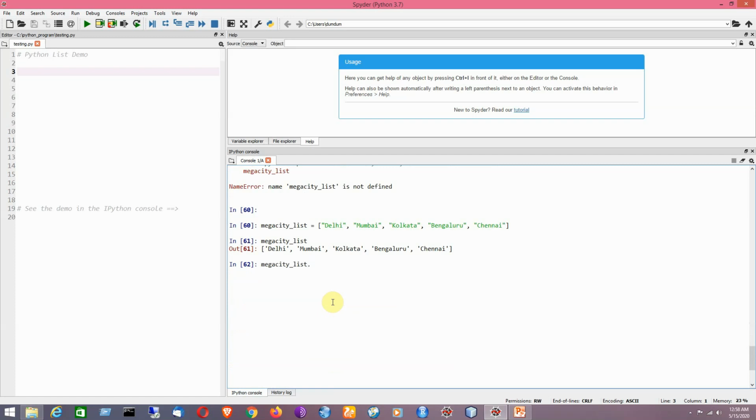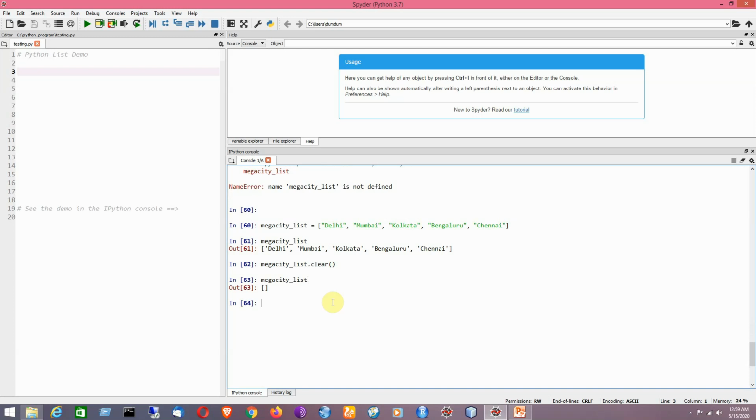So what will it do? It will be used for clearing the entire list. So now I will be using the clear method. If I try to print it now after applying the clear method on it, it will show an empty list.